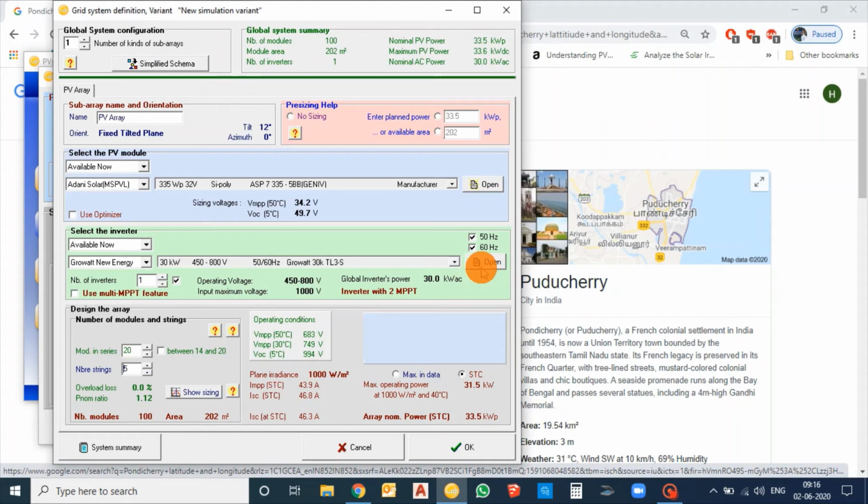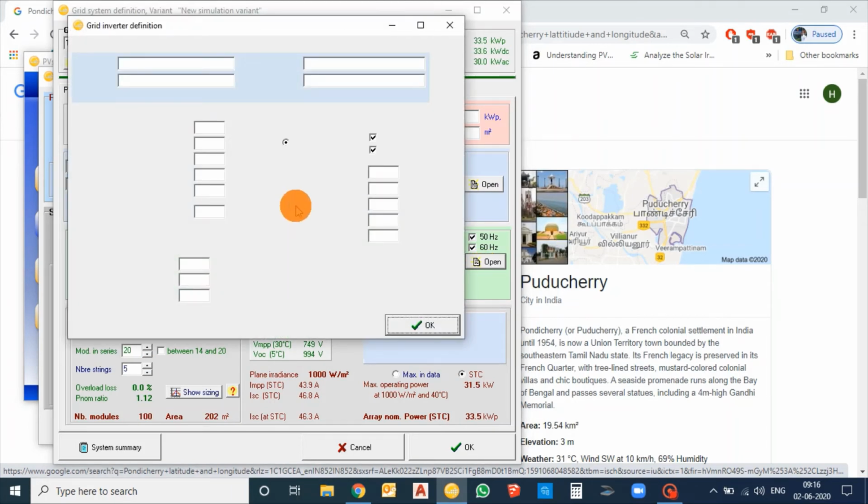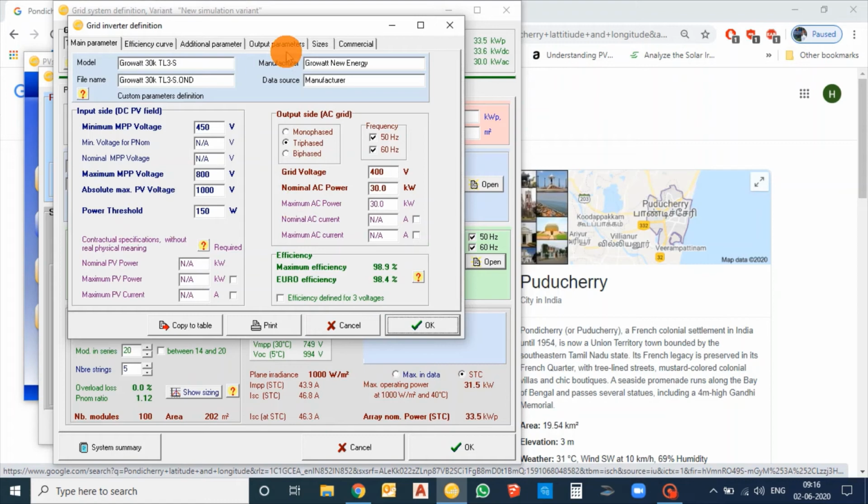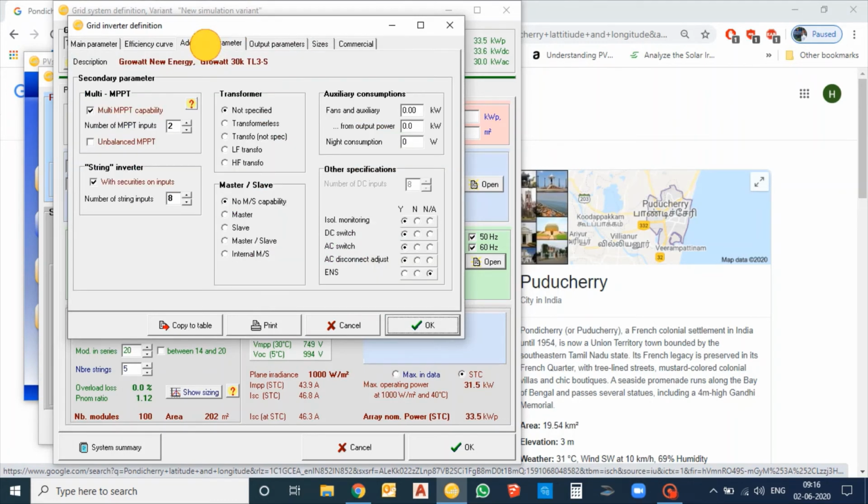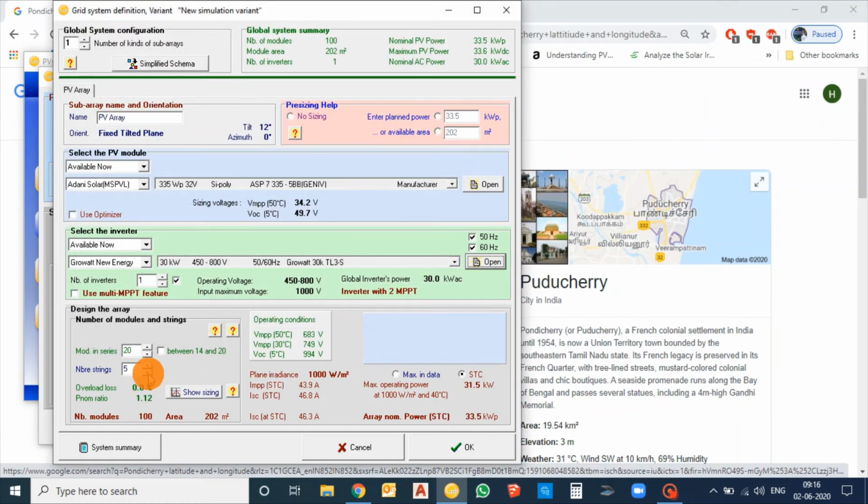In case you have any doubt with MPPT, just open the file and look into the number of inputs under additional parameters. The total number of strings that can be input is 8, so you can have a maximum of 8 inputs. Just go with 80 modules and increase the number of strings.